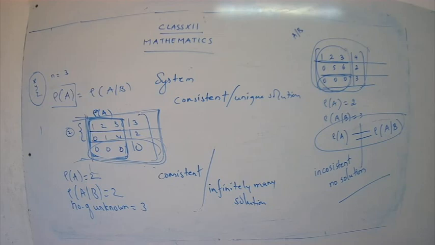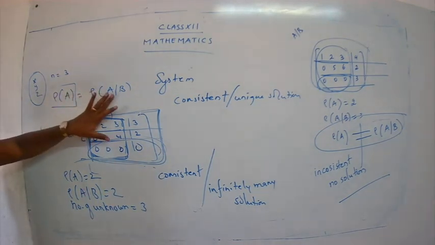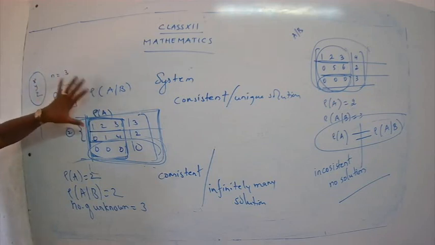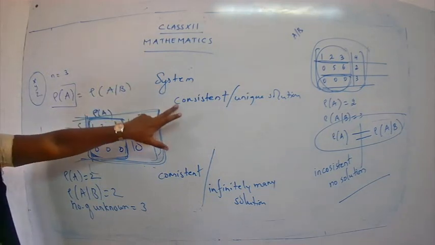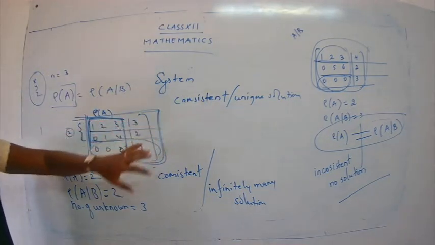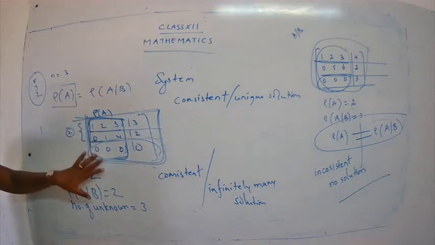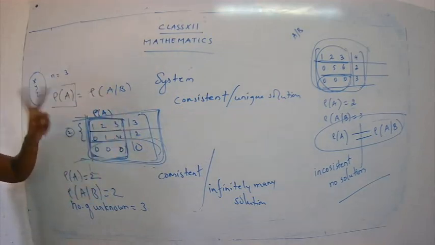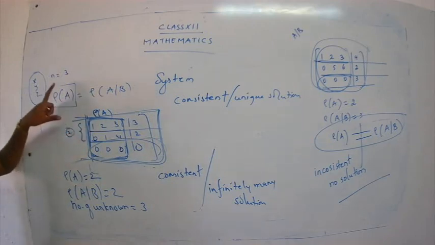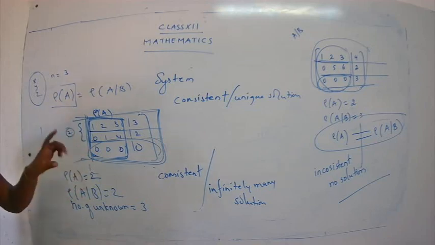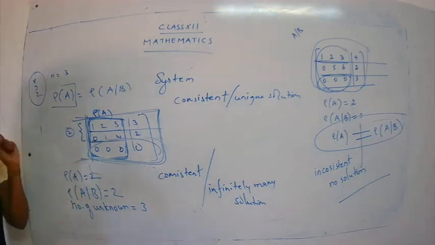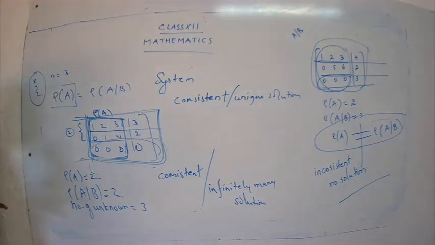So just have a small recap of the 3 rules that we have studied under Rouché-Capelli. The first one is rank of A is equal to rank of AB, and also the number of unknowns is the same. If all the 3 are equal, you have to say the system is consistent and it has a unique solution. I have taught you how to find rank of A and also rank of AB. That is a very important thing that you should know. You know how to find the number of unknowns? If in the equation you have x, y, z variables, the number of unknowns will be 3, and if you have x and y variables, the number of unknowns will be 2.